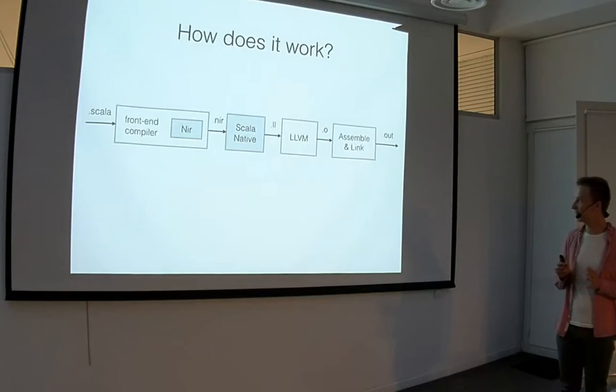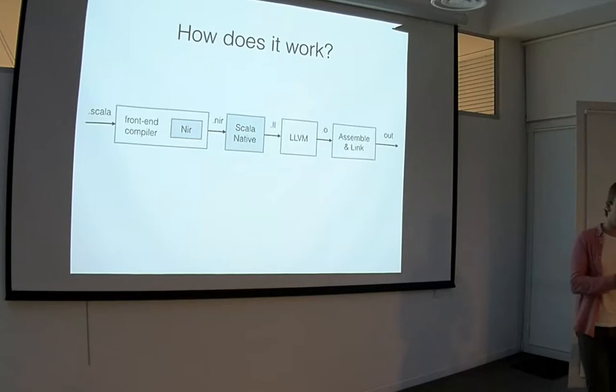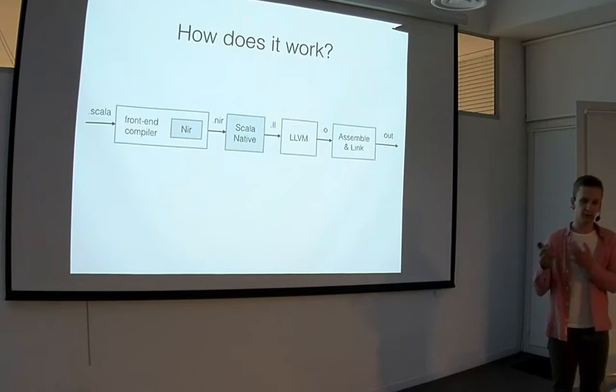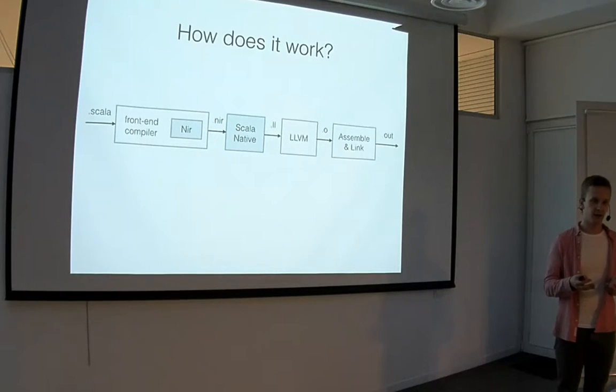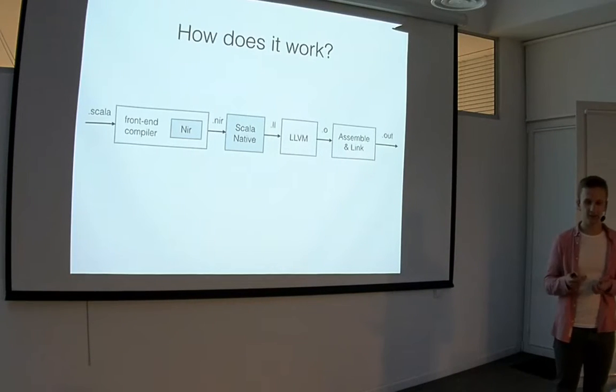So essentially, the whole compilation process, from the high-level part where you have Scala code to the final result where you have a final binary, is actually quite an involved thing. First of all, we have scalac or dotc over here. It's a front-end compiler, so it's something that takes source code and produces essentially class files. The format of the class file depends on the platform. For Scala Native, we have NIR. For Scala.js, we have SJS IR. For the JVM, we have class files, and so on and so forth.